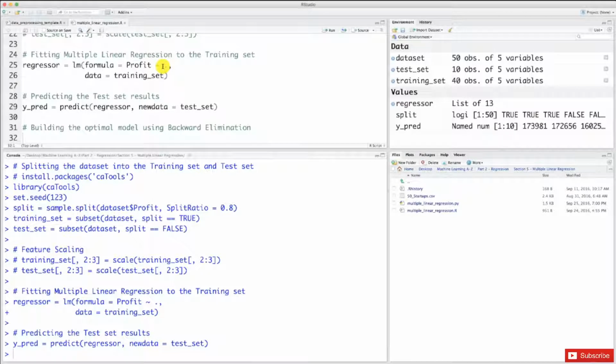And this effect can be positive, that is, for an increase of 1 unit of the independent variable, the profit will increase, or it can be negative, that is, for an increase of 1 unit of the independent variable, the profit will decrease. And so we're going to divide this final step of building this optimal model using backward elimination